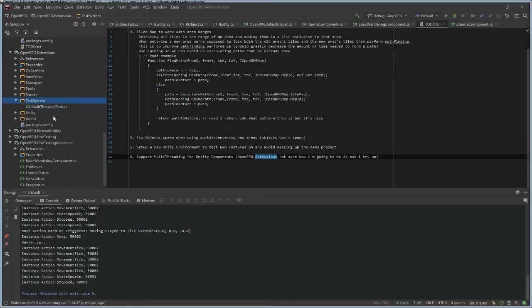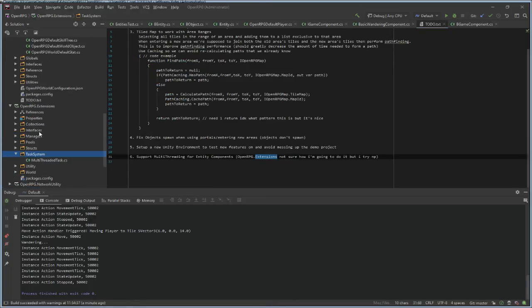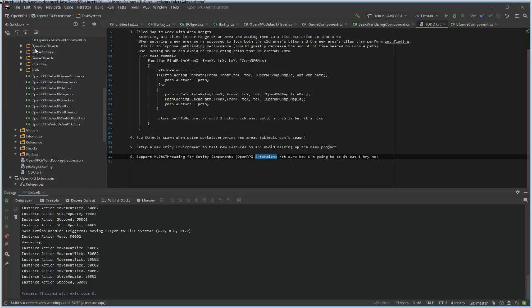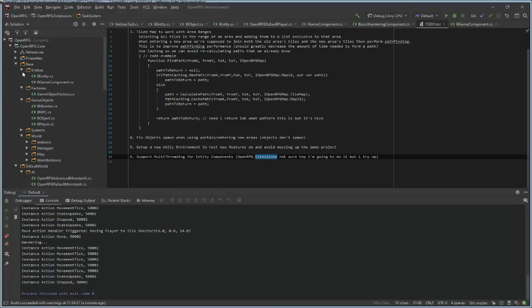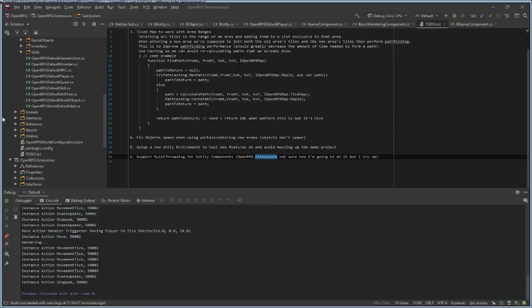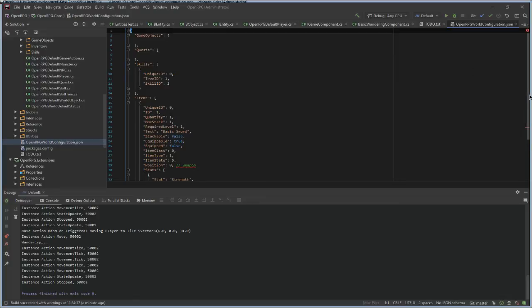I might just move the task system to the core library. Globals. I'll also have to refactor some of the folders here, naming, etc. And this world configuration file, I'll have to delete it.